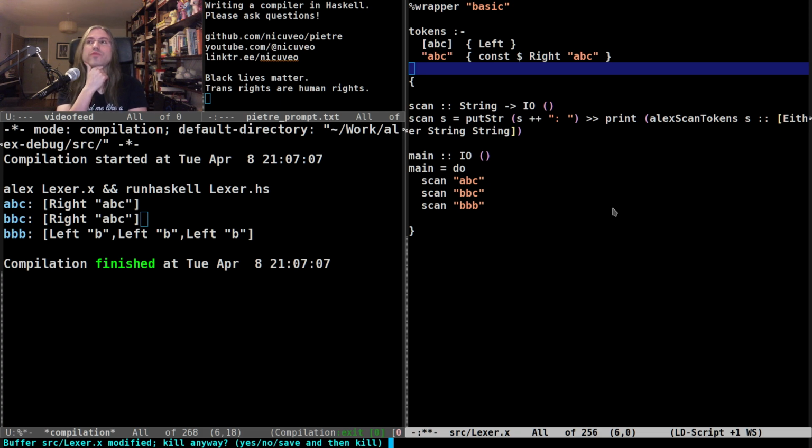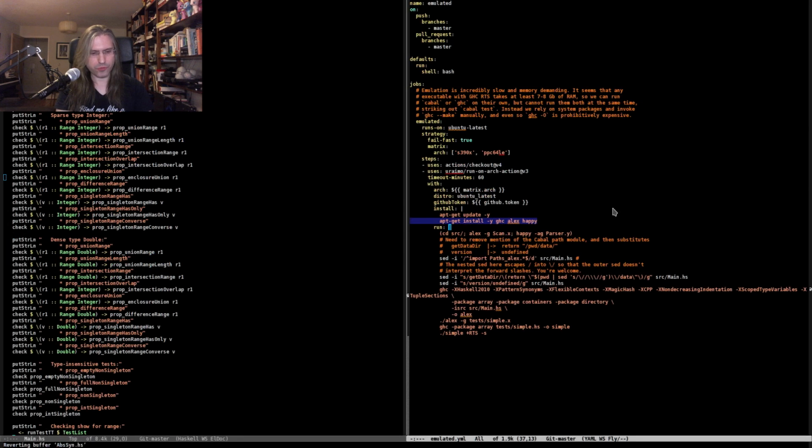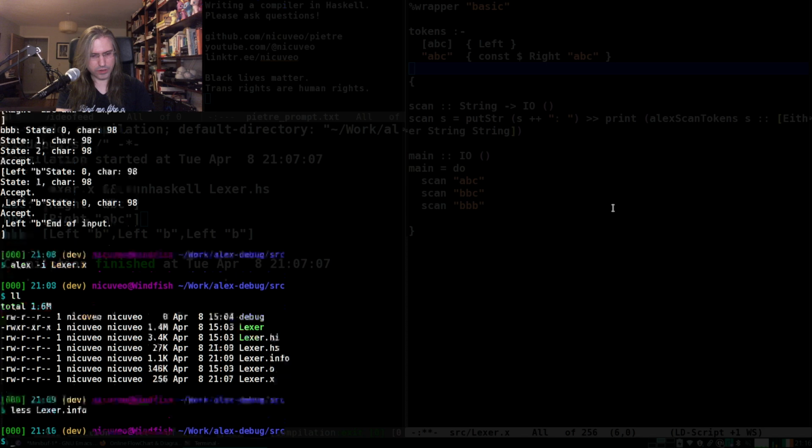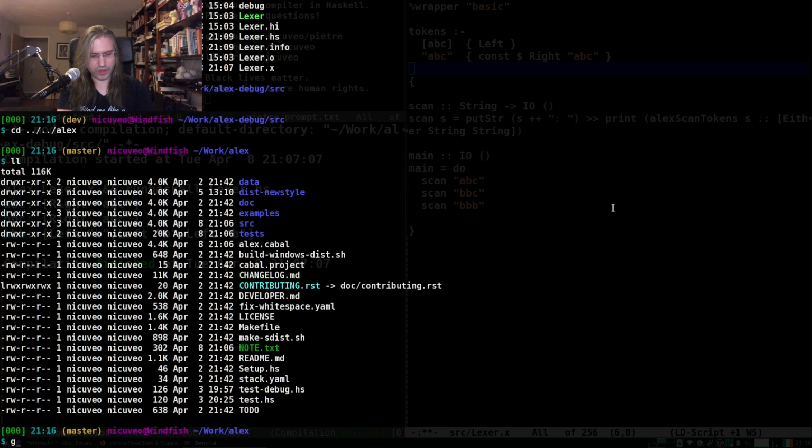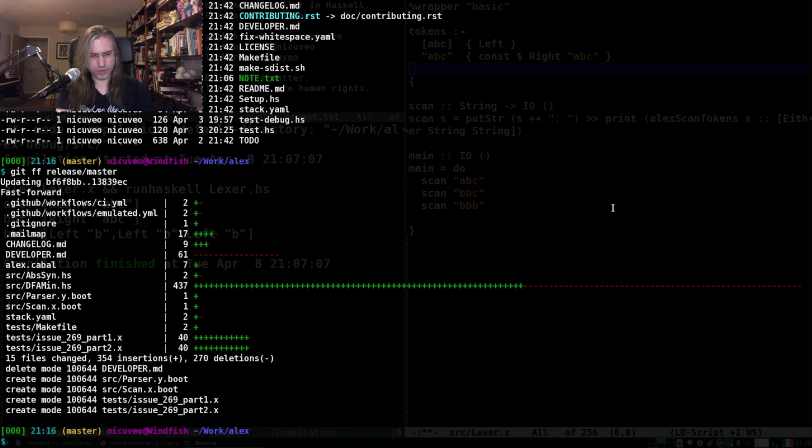probably install my own version of Alex if I want to avoid... Because I don't think if I run the code of the project, it will use a new released version. So I should probably actually just install... So I should get to the current one, and I should just do a cabal install of this version. I think it's overwrite policy equals always that I want.